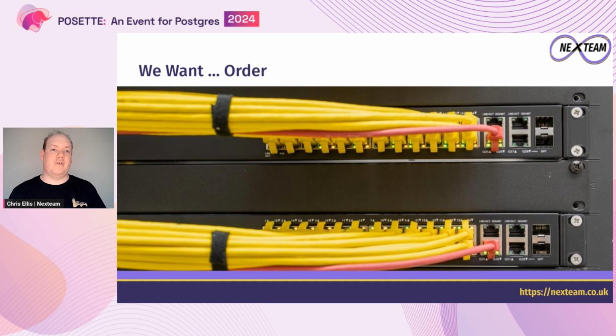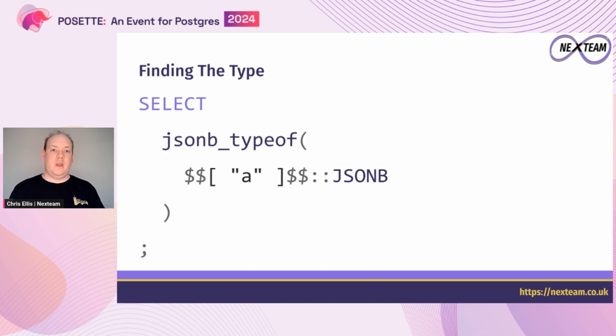So with that in mind, we've got this trade-off: we want to be able to store unstructured data, but we also want to control at least some basic properties of that. So we can do that. The first part is we need to be able to make some basic assertions about that data. A really basic thing we might want to assert is, let's make sure we can only insert JSON objects into that column.